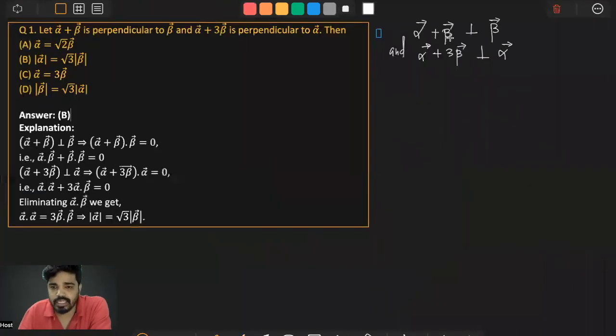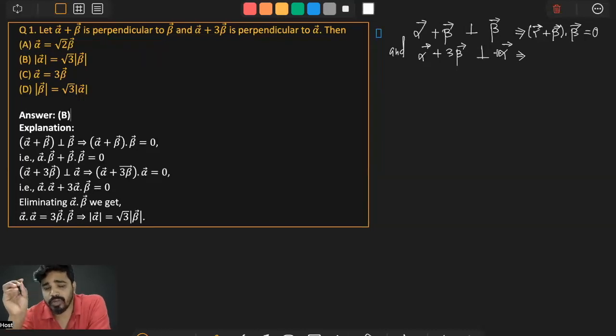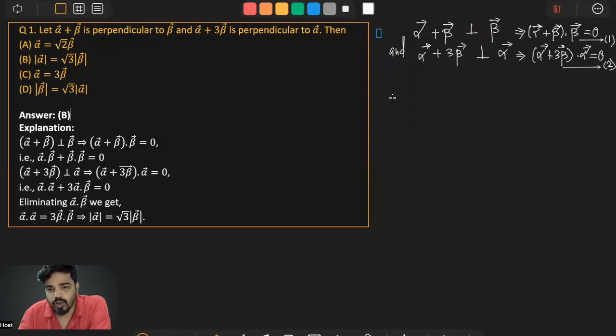So here it is given that alpha plus beta is perpendicular to beta. That means we conclude that alpha plus beta dot beta is equal to 0. And alpha plus 3 beta is perpendicular to alpha, that is alpha plus 3 beta dot alpha is equal to 0. Suppose this is equation 1 and this is equation 2. So from 1,